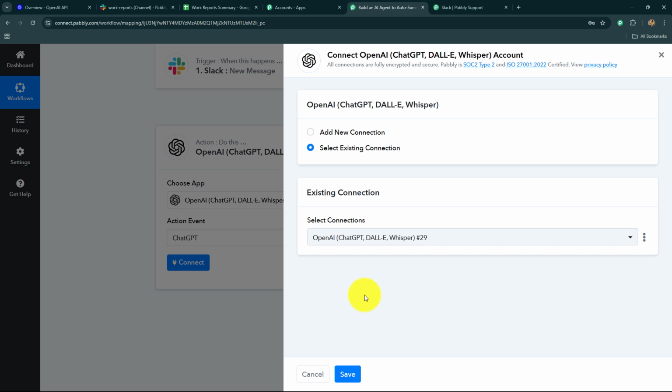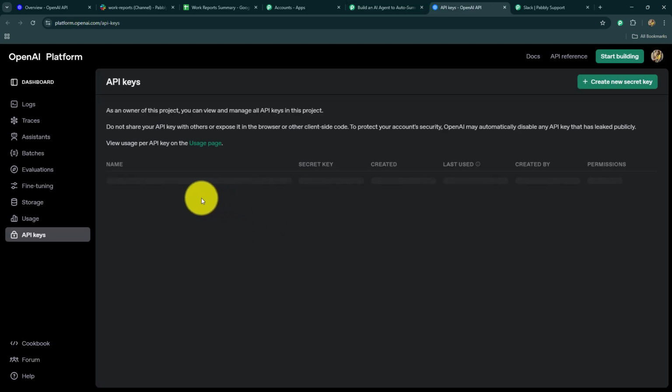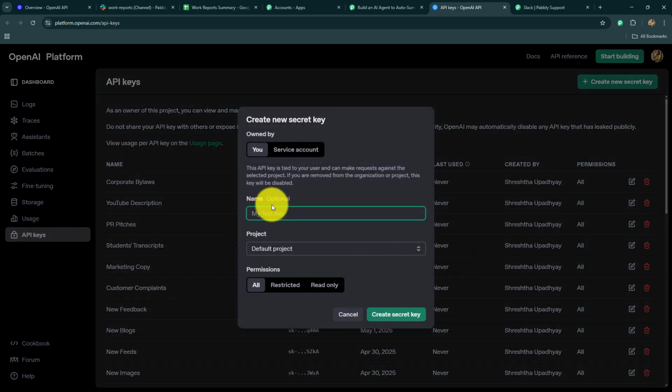Over here we have two options, add new connection and select existing connection. If you already have an existing connection, quickly go with that. To create a new connection, go to add new connection and you will have to enter the token. To get this token, click on this hyperlink. It is going to take you to the API key page of your OpenAI platform. Over here we can click on the create new secret key button to provide the name of the key and to generate it. So here I'm going to give the name, let's say,